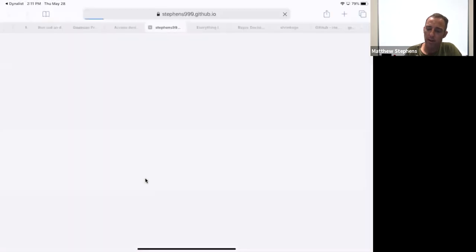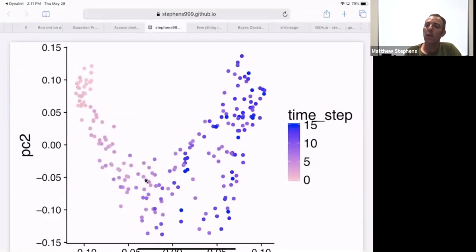This here is a plot. This is a real data set taken from my genetic collaborators, and each point on this plot is taken at a given time. So each sample is taken at some time from 0 to 15 days. Actually, the data are on cells that are being treated so that they become like heart cells. So they start off as skin cells, I believe, and then they get treated and reprogrammed to become heart